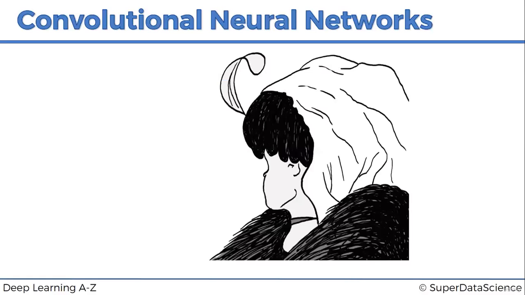So let's have a look at another one. This is a very famous image. You have probably already seen it, but what do you see here? Some people will say they see a young lady wearing a dress looking away. Some people will say there is an old lady wearing a scarf on her head looking down, right? I'm going to point out these features and you will see that it becomes very obvious.